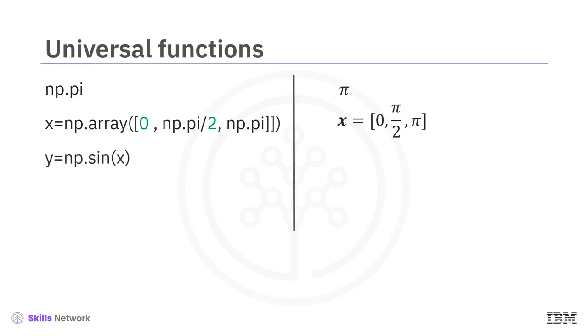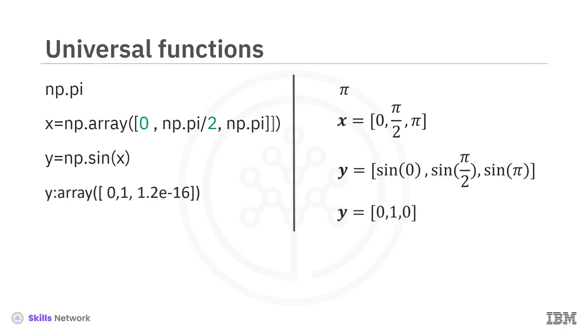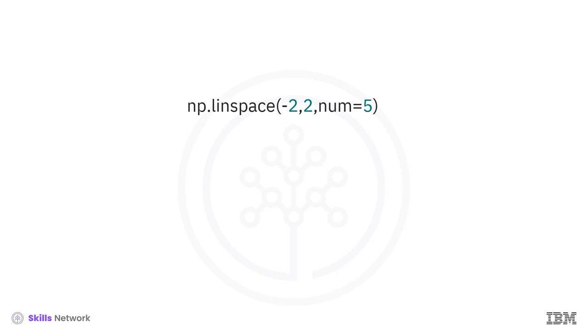We can apply the function sine to the array x and assign the values to the array y. This applies the sine function to each element in the array. This corresponds to applying the sine function to each component of the vector. The result is a new array y, where each value corresponds to a sine function being applied to each element in the array x. A useful function for plotting mathematical functions is